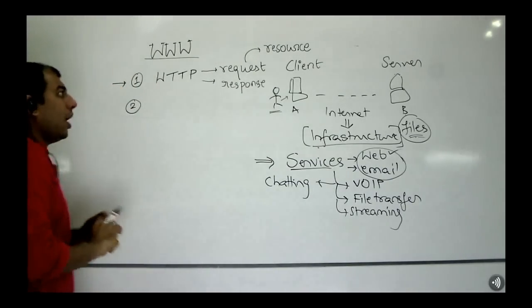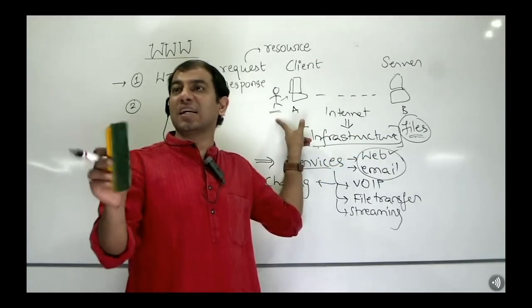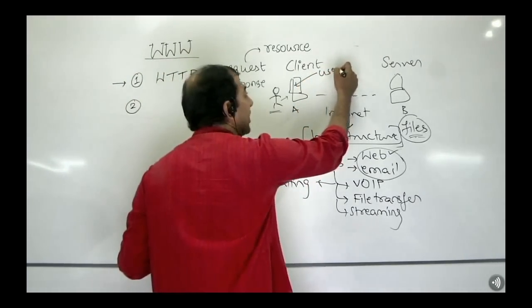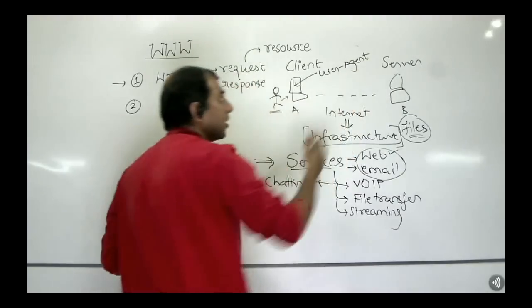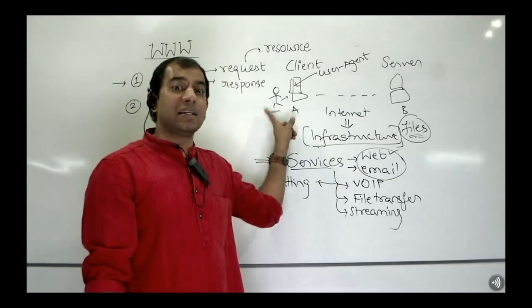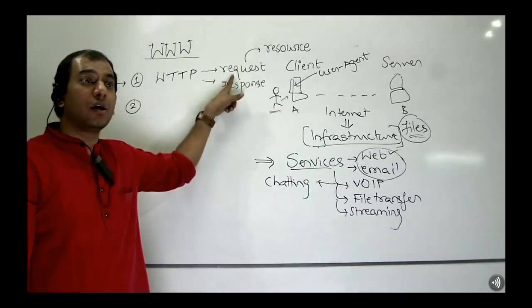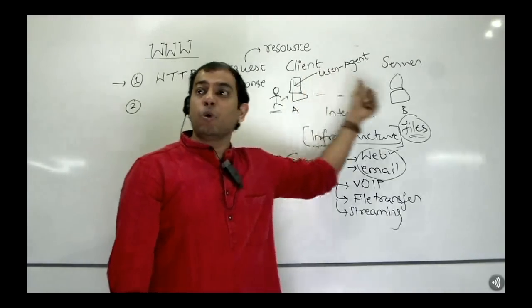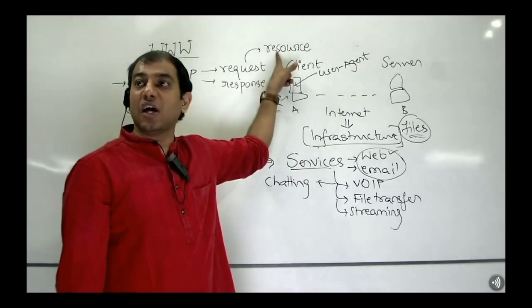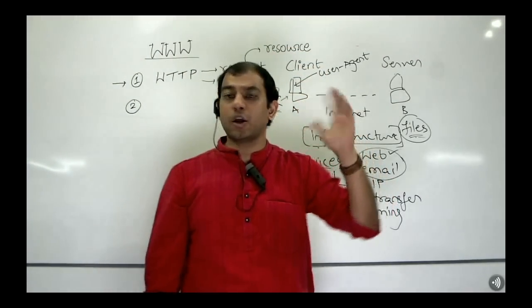Then HTTP now gives the ability to ask, but then who has to ask? A human being doesn't understand HTTP request and response. Obviously, what was needed now is a user agent. What is a user agent? A user agent is a software which the human can use, and what will it do? It will understand the human's requirement and convert human actions into HTTP requests. And the user agent will wait to get back the HTTP response from the server, and what will be there in the response is the resource. It will take that resource and display it to your human being, your end user.